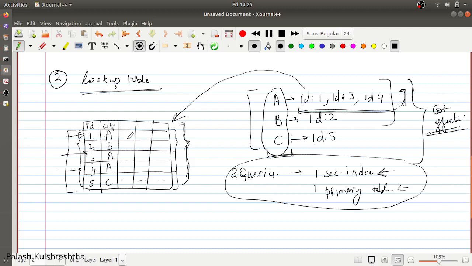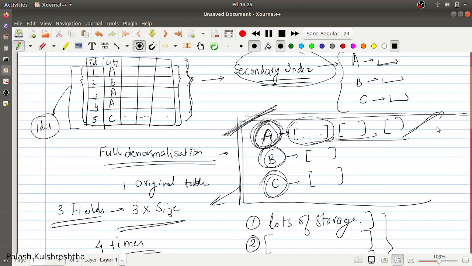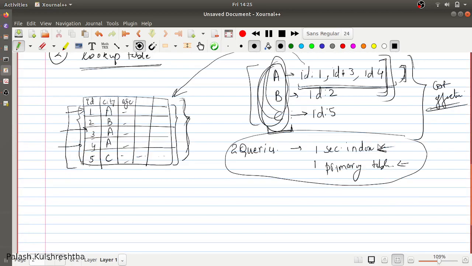Also, if fields other than your main keys fields are changed, for example, let's say this was age, and if age was updated for any employee, you don't have to do any change in the secondary lookup table. So it is going to make your life easier, since you don't have to maintain consistency for all the fields. Otherwise, in full denormalization case, if any field was updated here, you would have to replicate it here, so that data stays consistent between tables. But its disadvantage is it is having 2 queries.